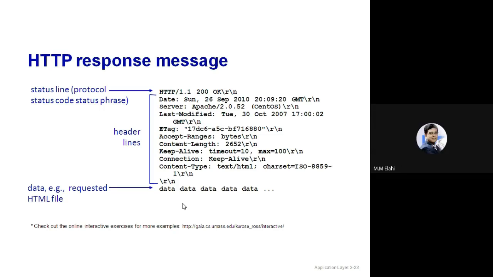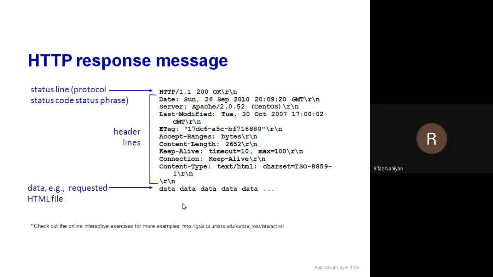Then content length. Content length means the total length of the message including data. For example, 2652 bytes. Content type. There are some other fields you don't need to worry about right now. We just need to know the most common ones, because all these are defined in the HTTP protocol. Similarly here, end of line is specified by \r\n and end of header is specified by a blank line with \r\n. And as you can see, at the end of the message header, the data is attached byte by byte.